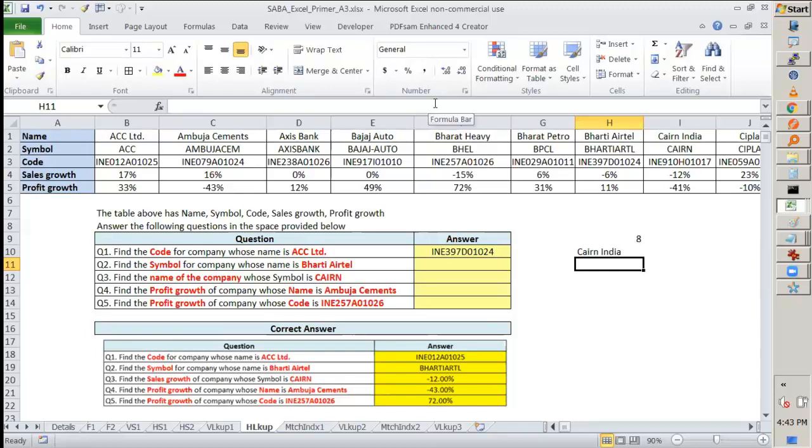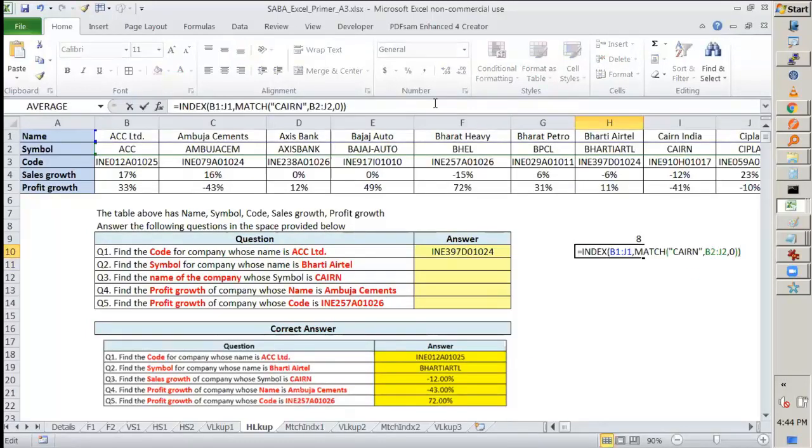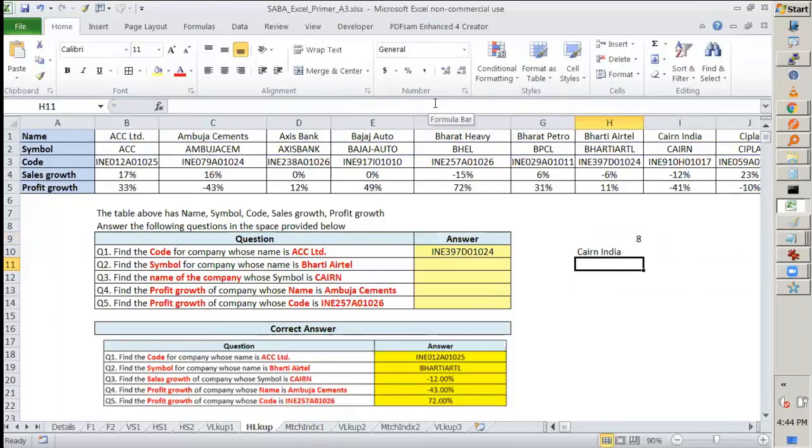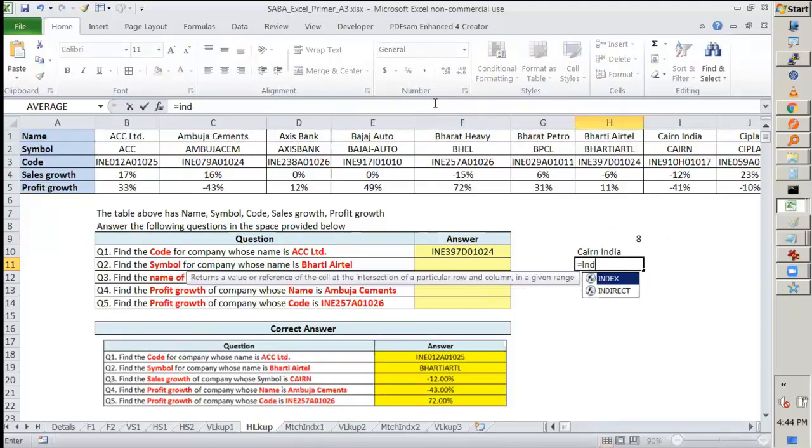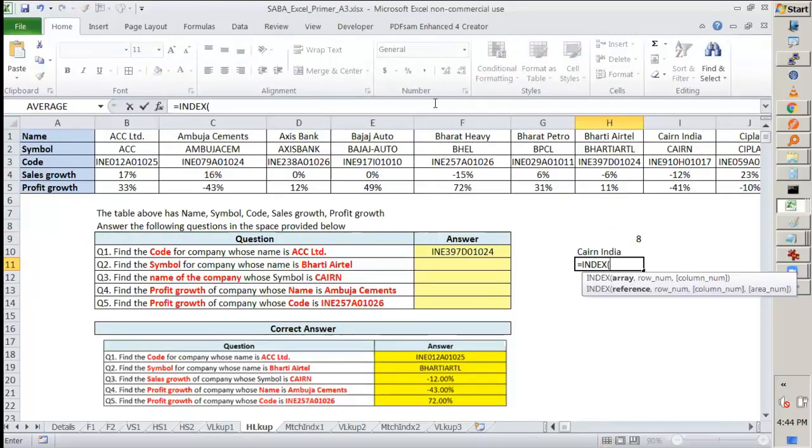So see this. Using MATCH INDEX, it does the work of VLOOKUP also, it does the work of HLOOKUP also, and it does not face any issue. That is, you can go up, and in case of VLOOKUP, you can go to the left. So I would say that you should master this MATCH INDEX. You may initially think that writing it in one cell is difficult. That's why I'm saying you can write it in 2 cells, but as you get used to it, you will write like this: INDEX first, always write INDEX first, and always think what output you want.